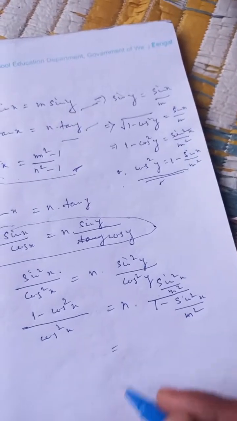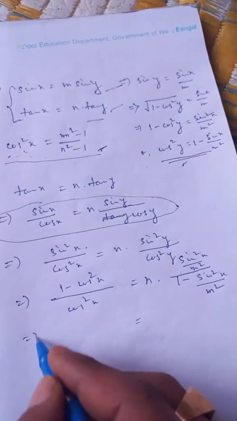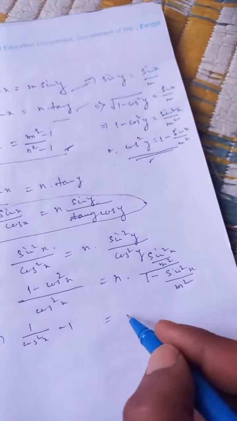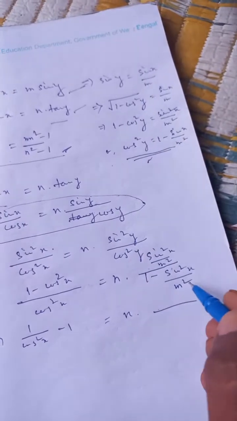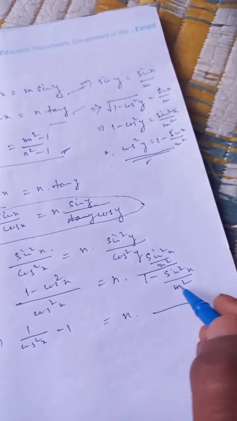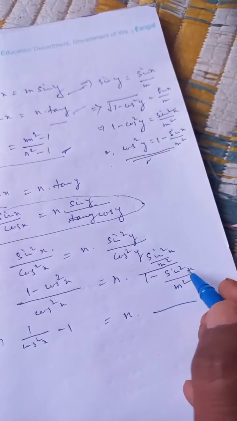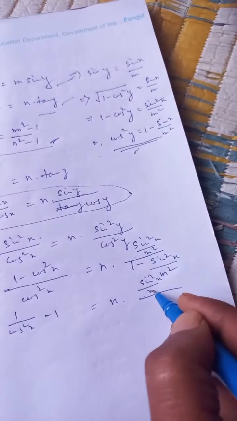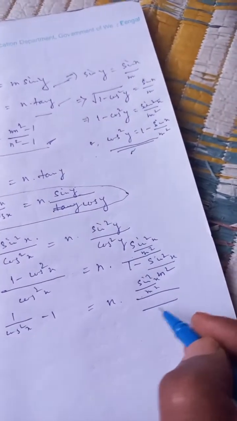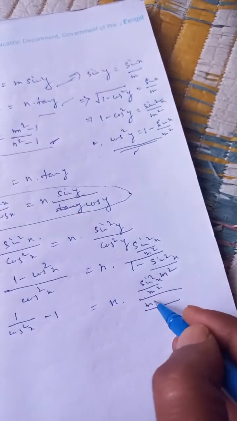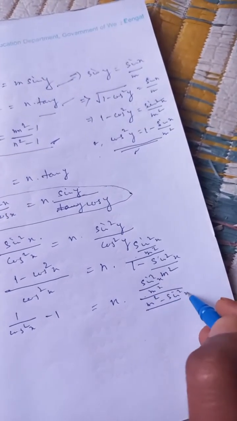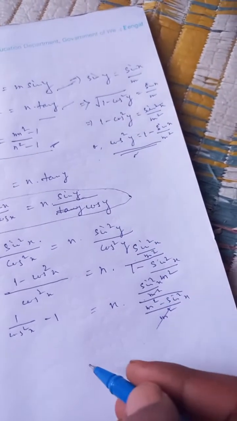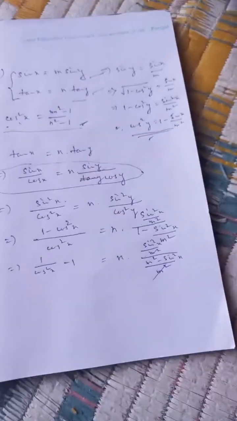So if we solve it, it will be 1 by cos square x minus 1, and here it will be n. m square cancelled after solving. This m square minus sin square x. In this way, this will be sin square x by m square, and in the denominator this will be m square minus sin square x by m square, and then we dismiss m square, and we will get